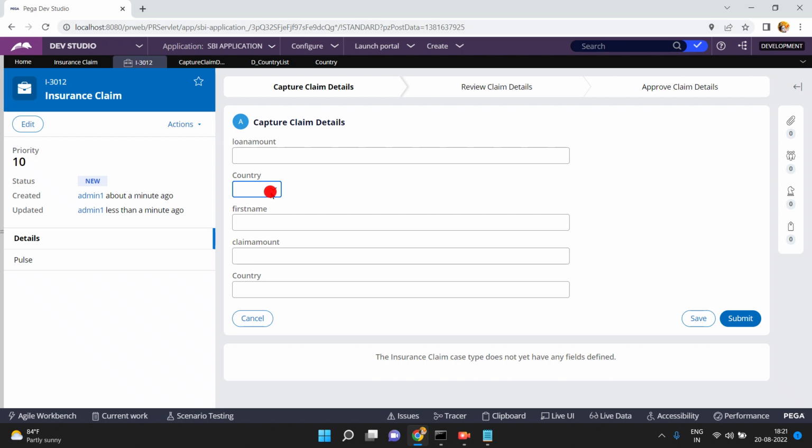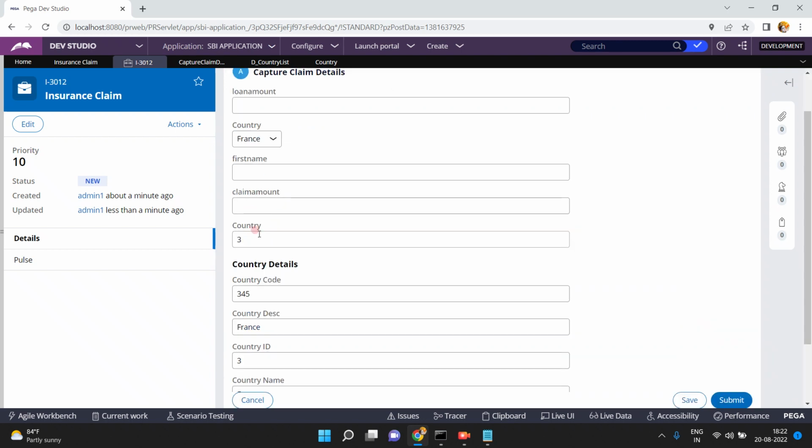I want to load the country details using the savable data page. Or you can use D_Country also. You can use D_Country, or you can use D_CountrySavable, or you can use another mechanism. But right now what I am using is, the moment the user selects any country,